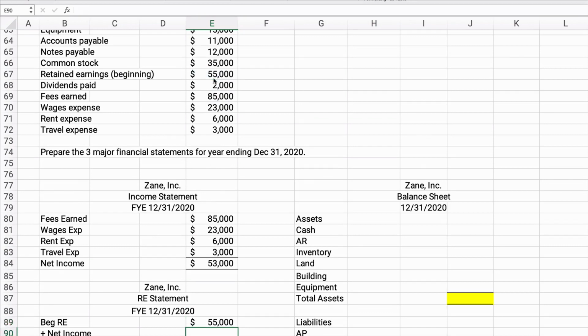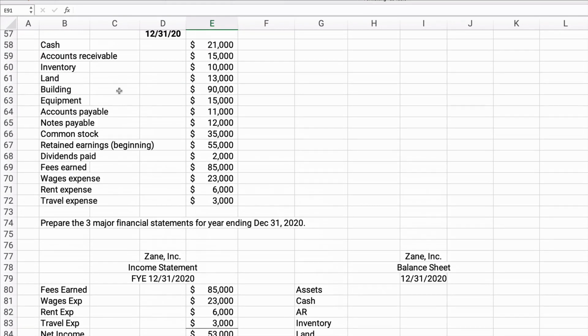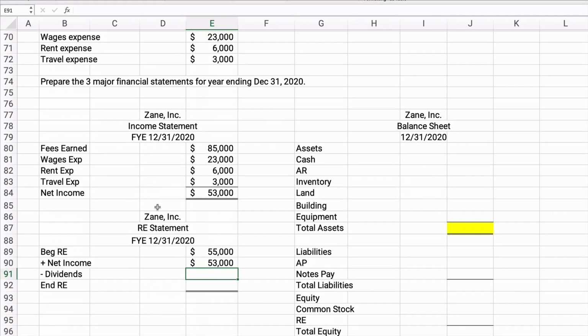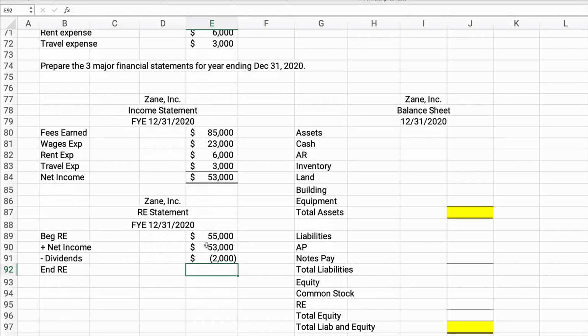Now, do we know net income? We know net income is $53,000. So we had $55,000 beginning retained earnings. Net income is $53,000. Now, do we have any dividends? Dividends paid is $2,000. So I'm going to make it a negative dividend number, and I'll show you why. It doesn't matter if you make it positive or negative here, but if we make it negative, then we can just add this up, and our total retained earnings is